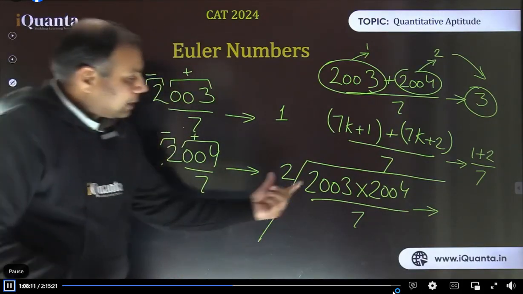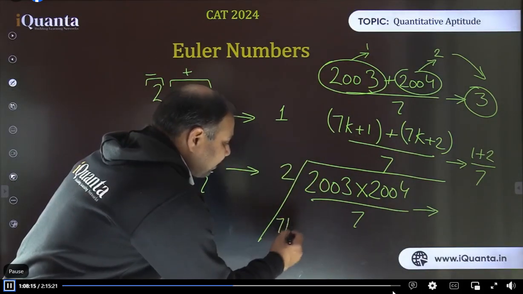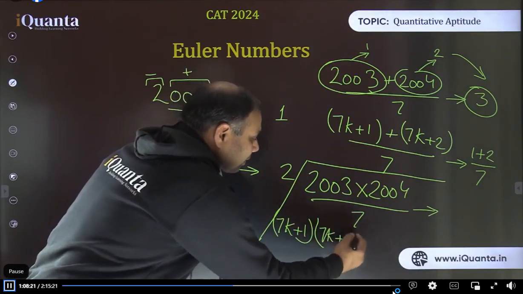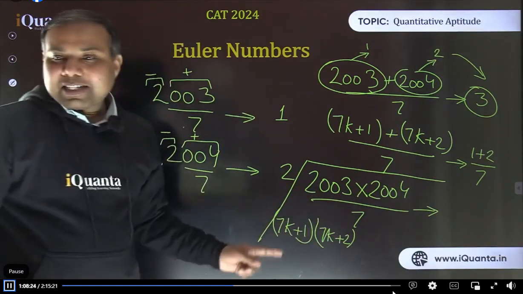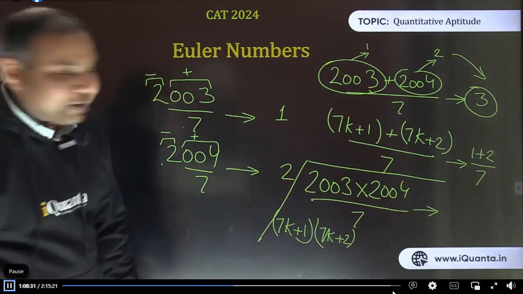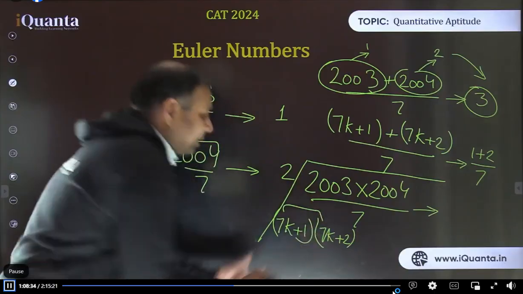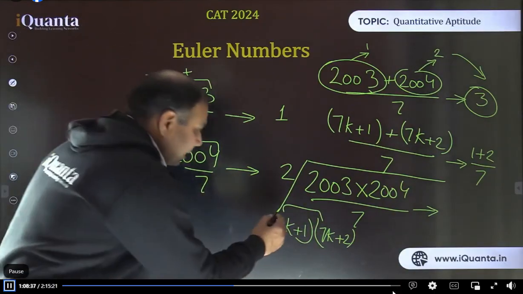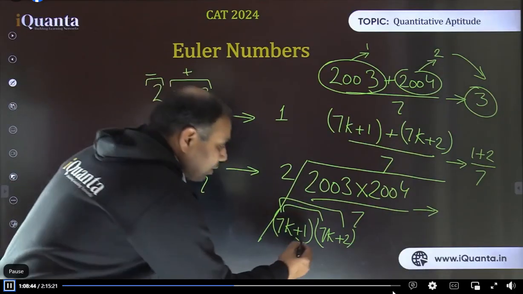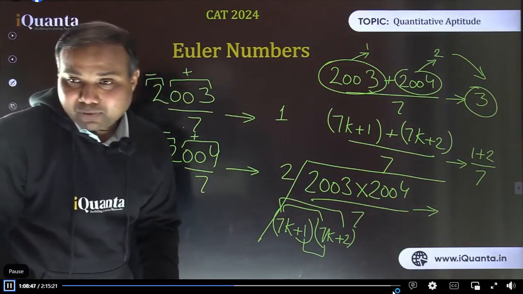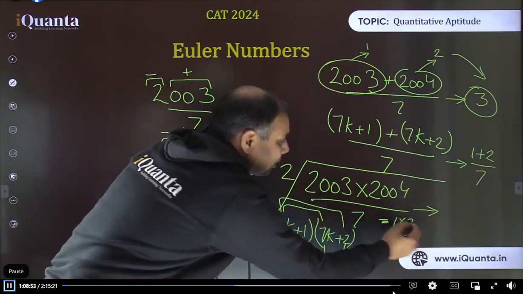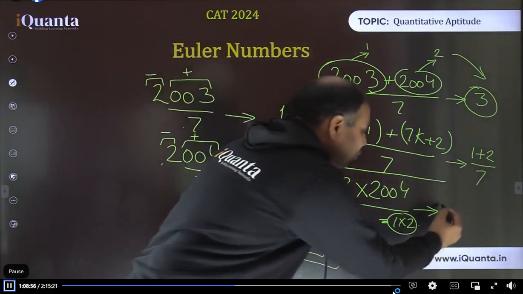Let's check out. So this number was 7k plus 1. Let me rewrite. This is 7k plus 1, and this is to be multiplied with another number which is 7k plus 2. Now we need to find out when this product is divided by 7, what will be the remainder? All the other terms are going to be multiples of 7. See, 7k into 7k is divisible by 7, so no need to check. 7k multiplied with 2 is again a multiple of 7. Now this 1 into 7k is also a multiple of 7. So only this term, that is 1 into 2, is going to give us the final remainder. So 1 into 2 when divided by 7 will give remainder 2 only.